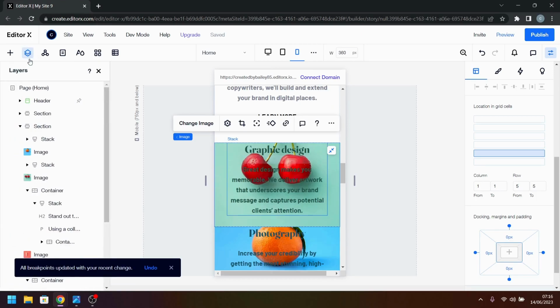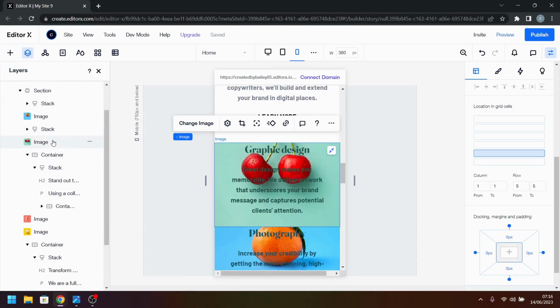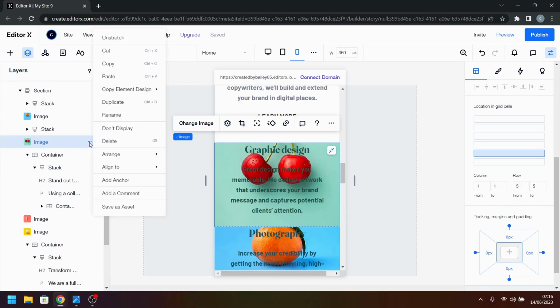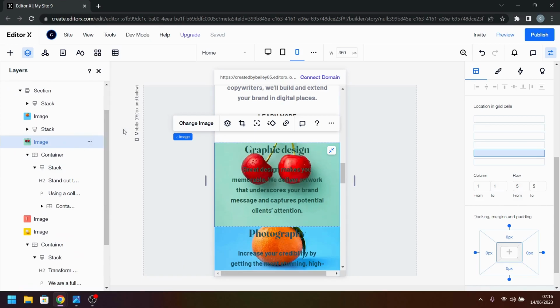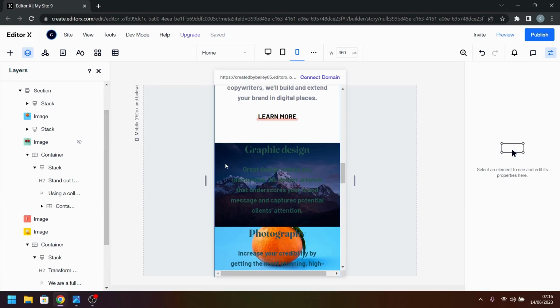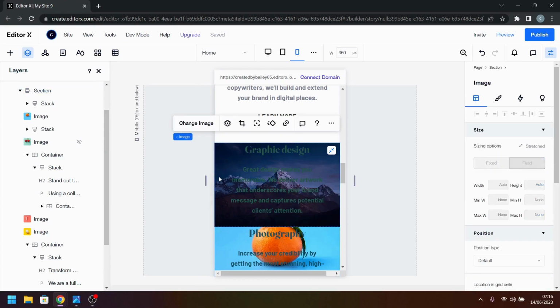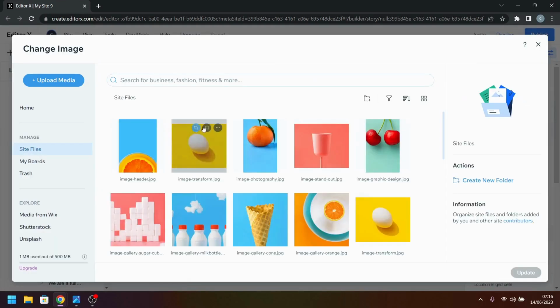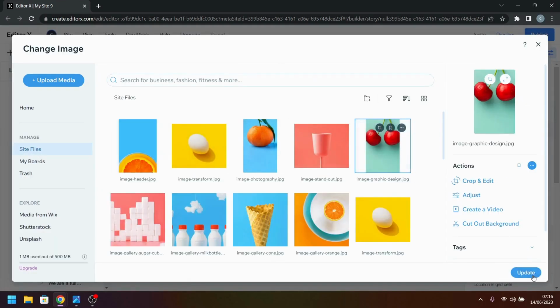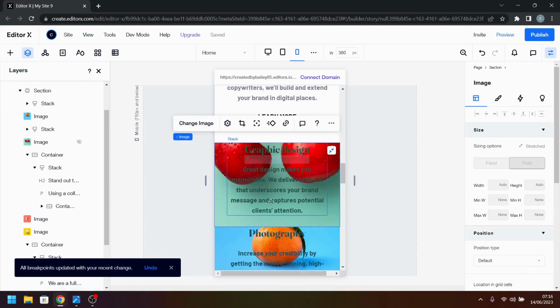We're going to come to the layers panel, select our cherry image and tell that one not to display on the mobile. Now we should be able to click on that, get that image, change that image to the cherry image, and